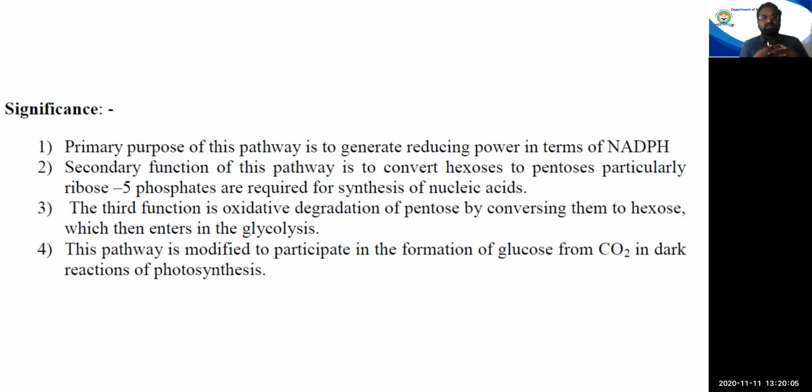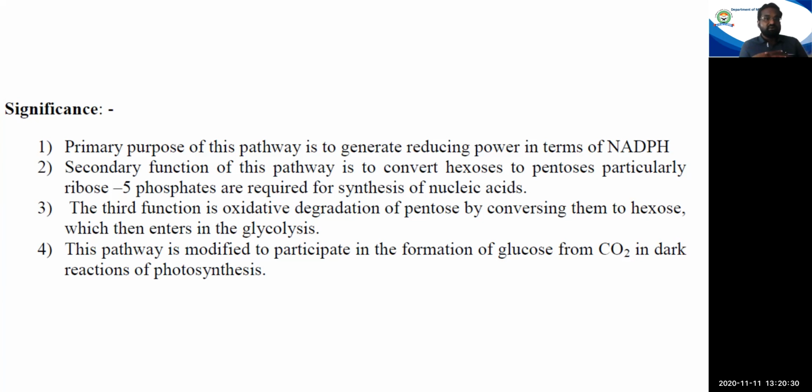If the cell doesn't die, then it could multiply. If there are no nutrients, if there is no source of energy, then what is the use of replication? What is the use of making new molecules of DNA and RNA and all that? So in such cases, the primary objective of the cell would be to synthesize the energy required to sustain the